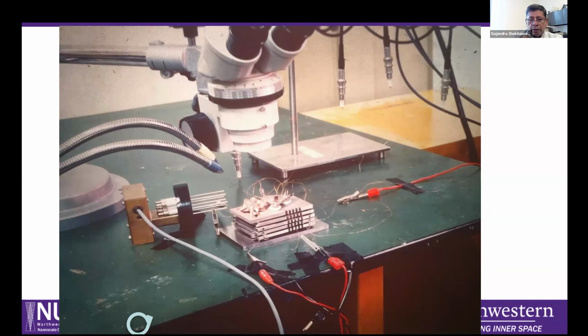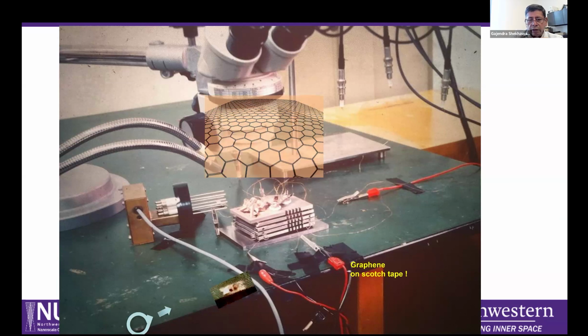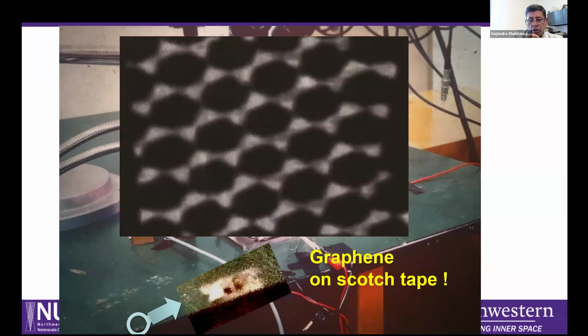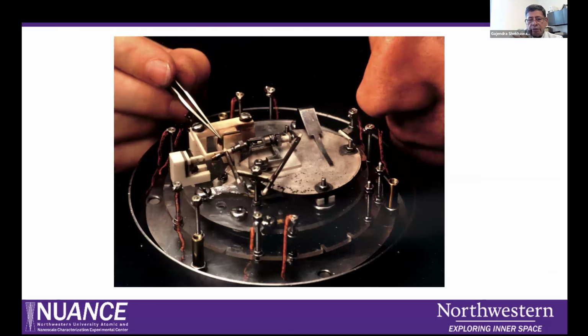And then they used it earlier to validate that if you can get atomic resolution with this type of technique, then they use the Scotch tape and then peel off the graphene layer, and then they saw that hexagonal lattice structure that is seen typically in graphene. That proves that this type of probe-sample interaction, where you apply the electrical bias, can give you down to atomic resolution. And then you can see a little refined thing